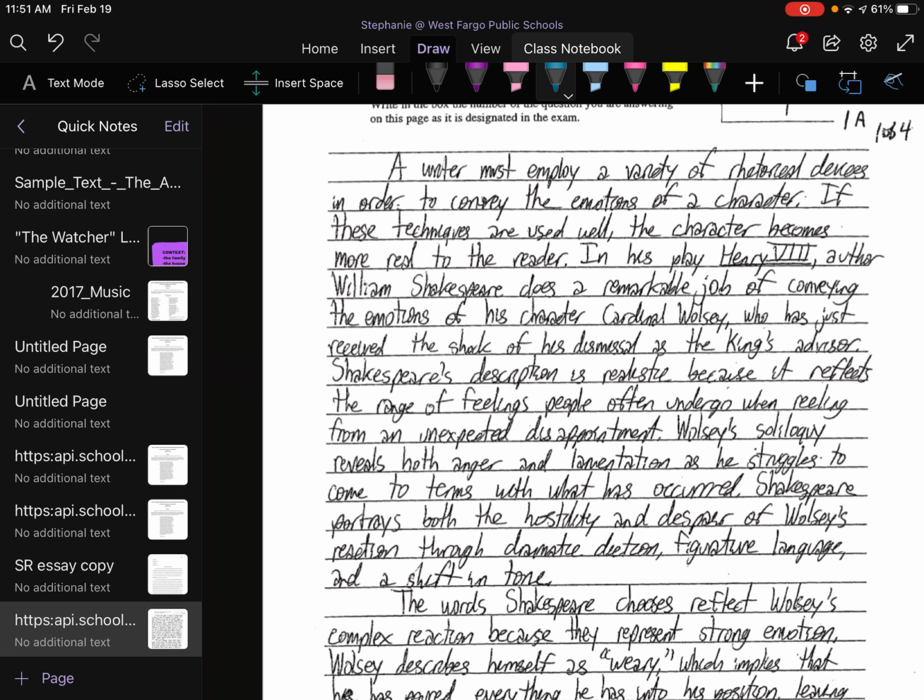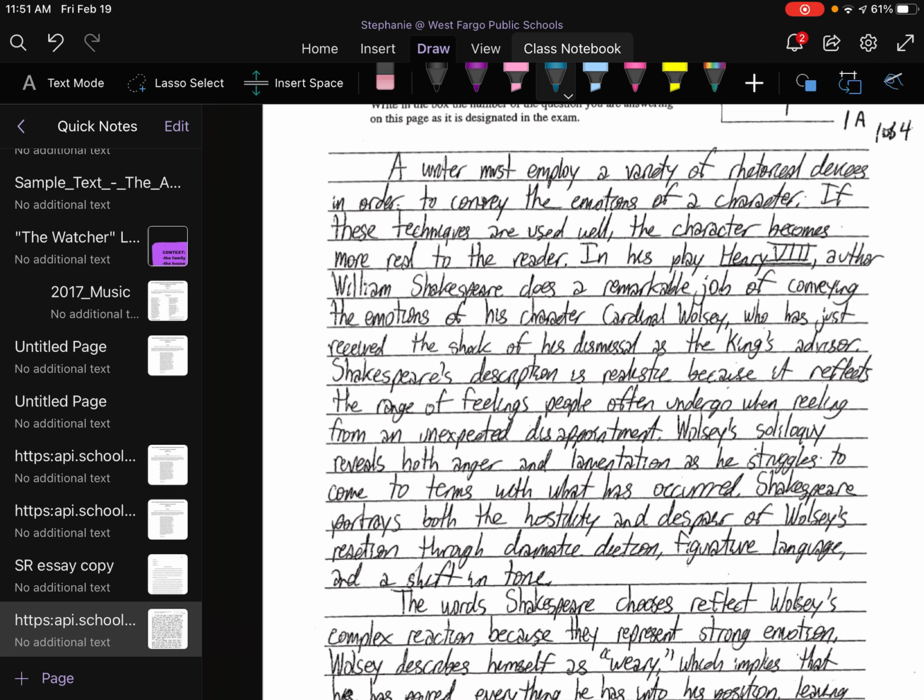A writer must employ a variety of rhetorical devices in order to convey the emotions of a character. If these techniques are used well, the character becomes more real to the reader. In his play Henry VIII, author William Shakespeare does a remarkable job of conveying the emotions of his character Cardinal Wolsey, who has just received the shock of his dismissal as the king's advisor. Shakespeare's description